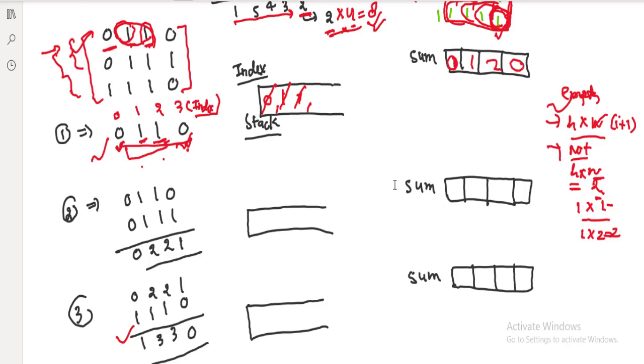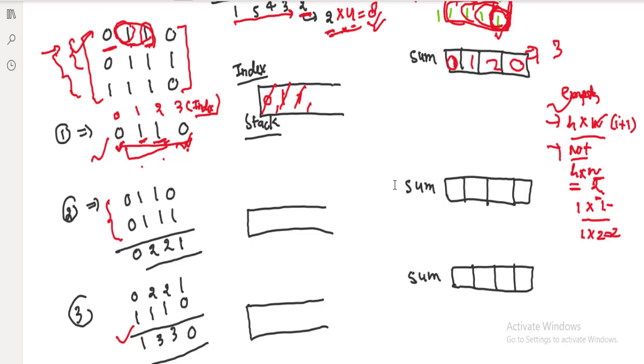Okay, now after this sum has been computed, we need to find out the total number of submatrices which contain all 1s. We have to add all these, because ending with this particular index is 1, ending with this particular index is 2, the total will become 3. As we can see, if only this matrix is given, the total answer would be 3. Now let's say one more row has been given to us. Now we'll add all these values, and it becomes 0, 2, 2 and 1.